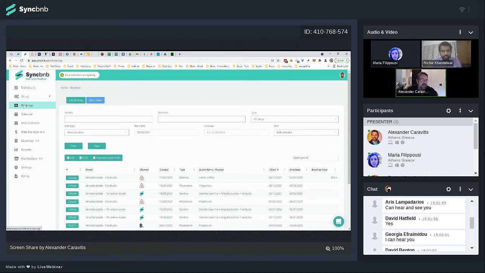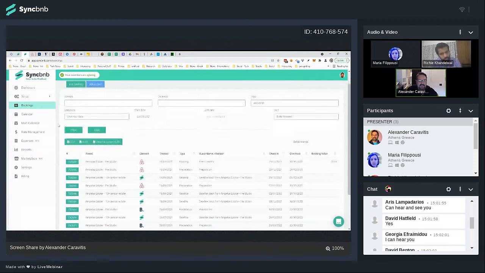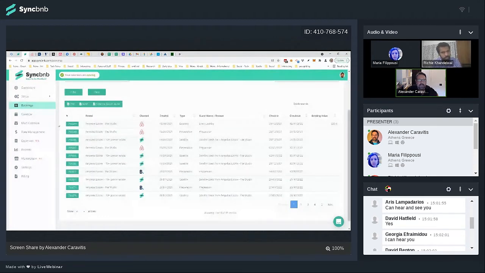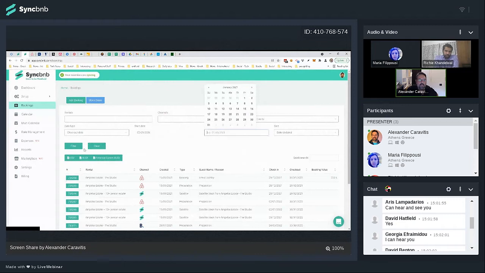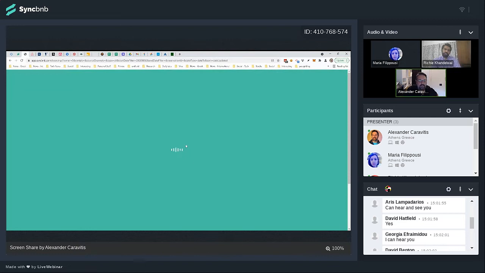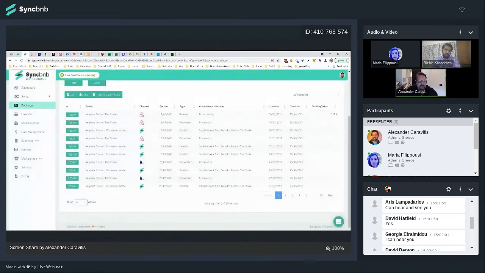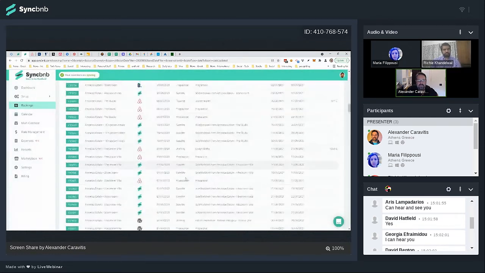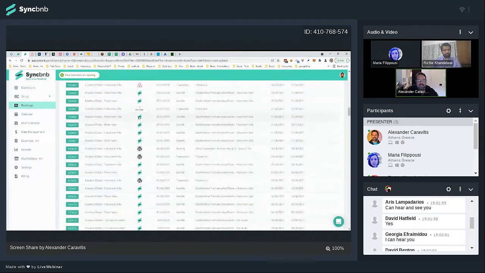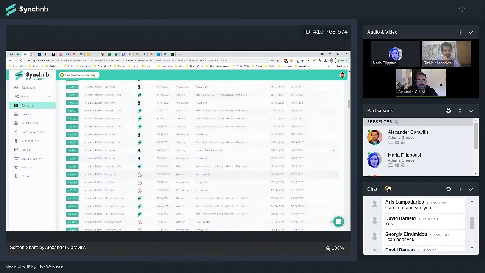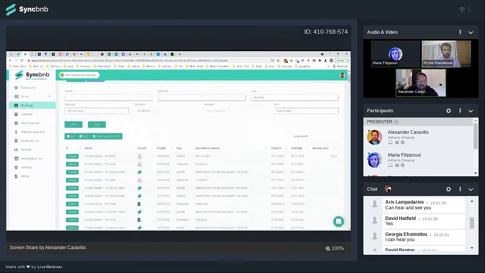The bookings menu option is where the core of the system lies. This is the list of all your bookings from all your channels, and you can filter by rental, filter by channel, and select what time period you want to see, then click filter, and you get the full list of bookings for the period you selected. You have all the bookings here in one place. As you can see, there are bookings from the WordPress website, direct bookings that were added manually in the system, Airbnb bookings, bookings from Vrbo, from everywhere.